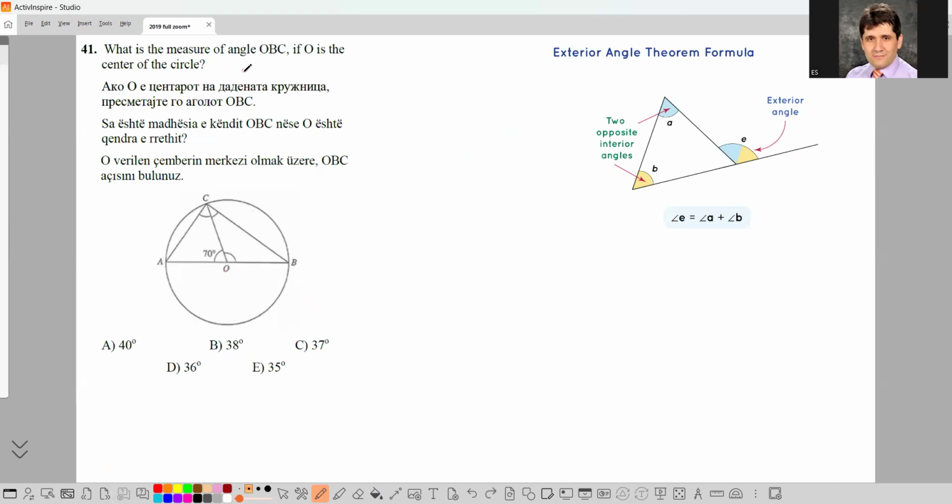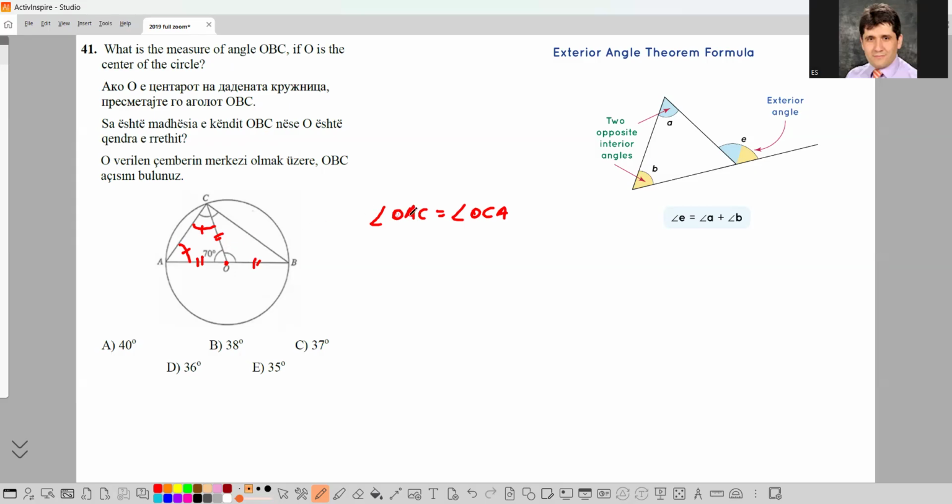What is the measure of the angle OBC? Now, there is this circle given, and O is the center of this circle. We can easily find the measure of the angles OAC and OCA. We know that the measure of the angle OAC is equal to the measure of the angle OCA. How do we know that? Well, the sides OA and OC, and also OB, are all equal sides because they are radii of